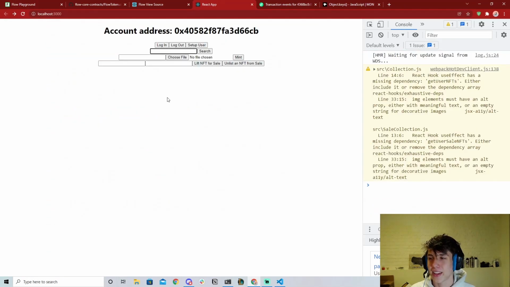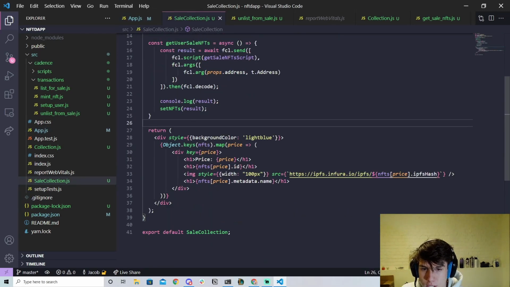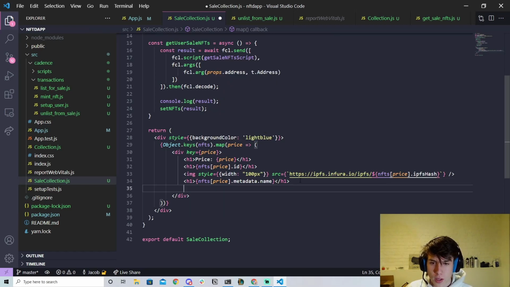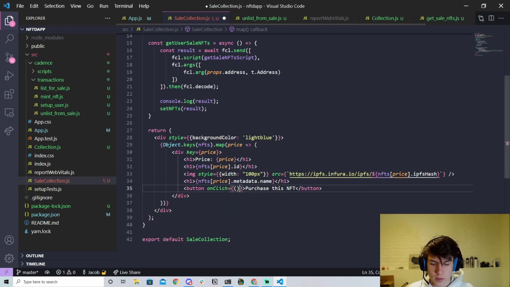Okay, so like I said, we're just working on basic functionality here. Now that we have that, we can actually set up a way to purchase certain stuff. So inside of sale collection, we also want to add a button inside the mapping. You want to add a button here that says purchase this NFT. And what this is going to do is we can add an onClick handler here to call a function called